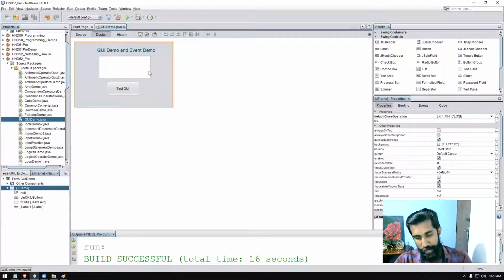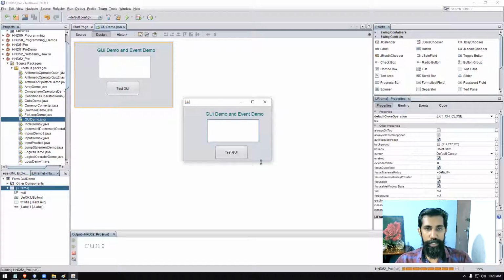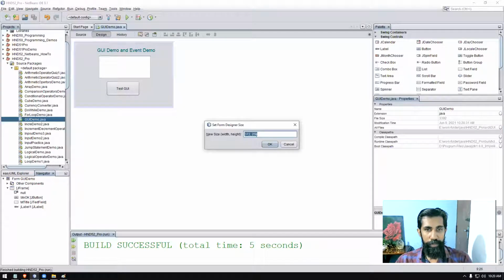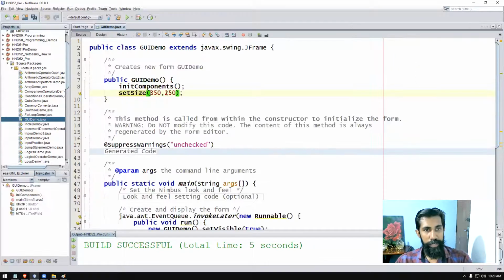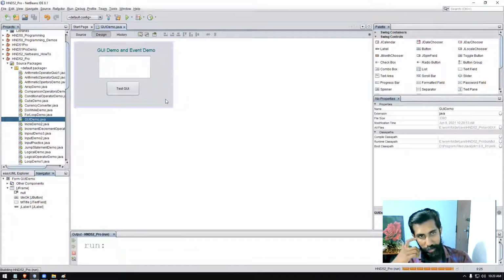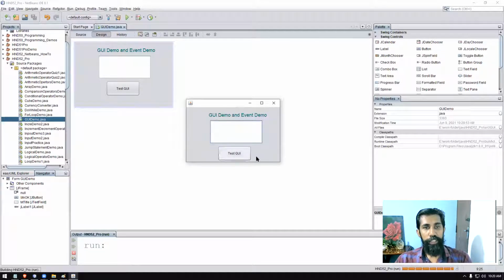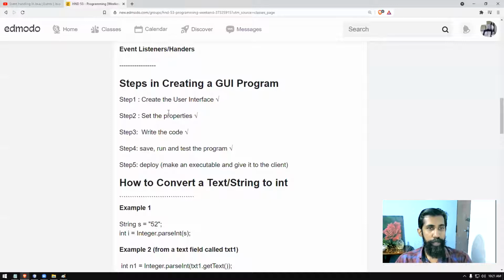I can press Shift F6 to run the program. So it is executed like that. It's pretty okay, not bad. But I don't like the exact size I want, so you can double click on the border. It will show 372 by 250. So okay, go back. You can just paste that value here, come back. So it will come exactly the size that you are building, right? So this is how it looks, right? We did only these two steps: create the user interface and set the properties, right?